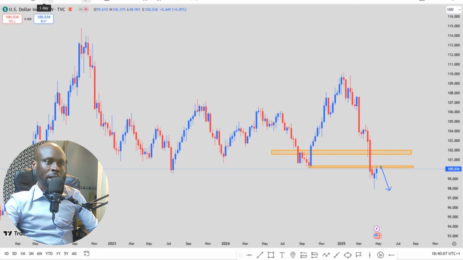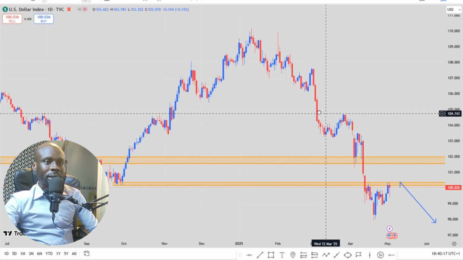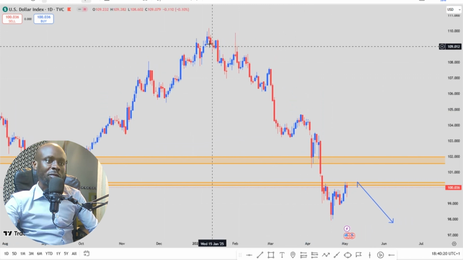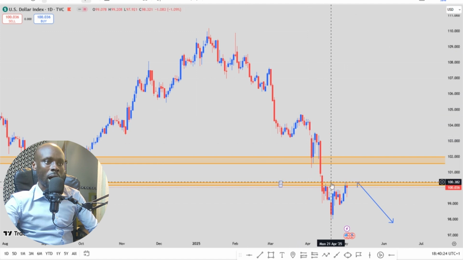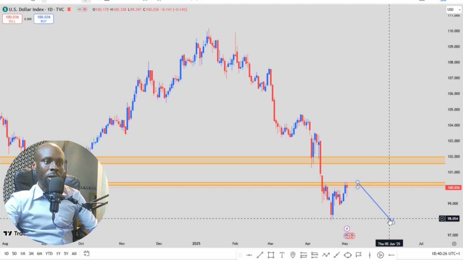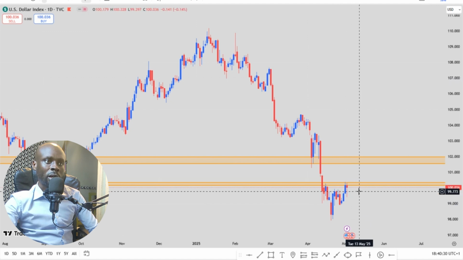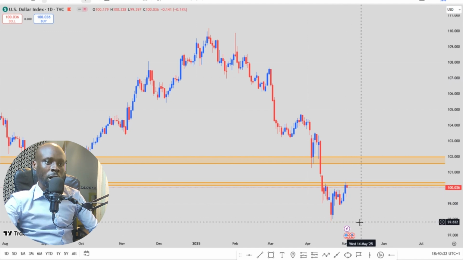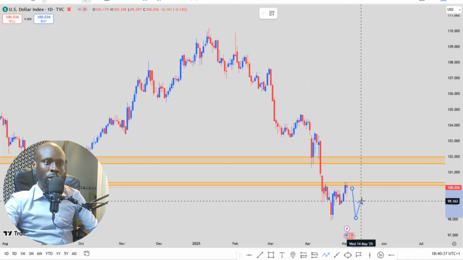Let's go to the daily chart of the DXY. On my daily chart, the DXY has downtrend momentum, with a series of lower highs. So long as we have this series of lower highs on the DXY, we expect price to resume its downtrend movement this week. But we expect price to break below this level before we see the major movement of the downtrend